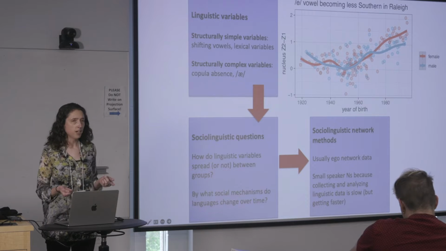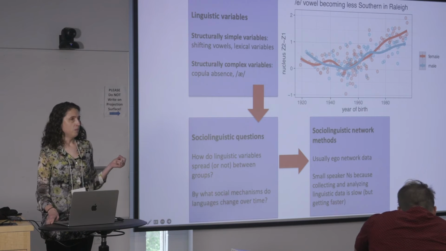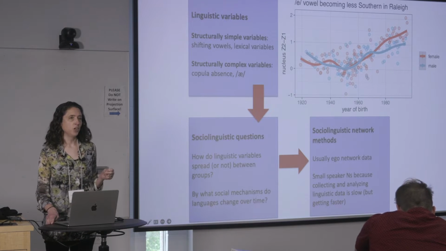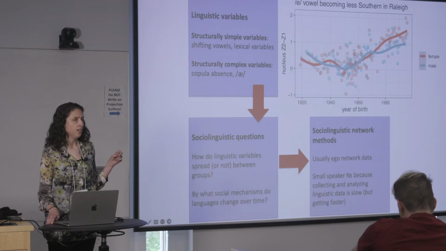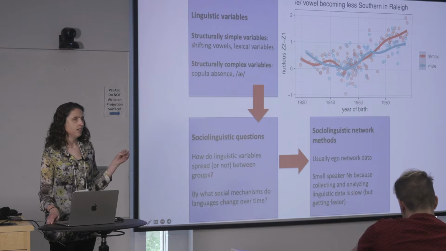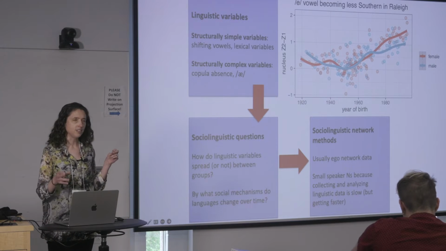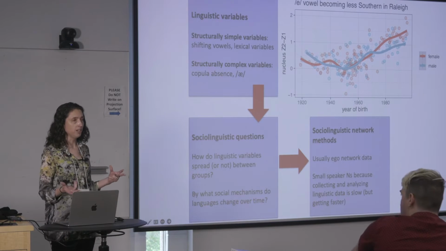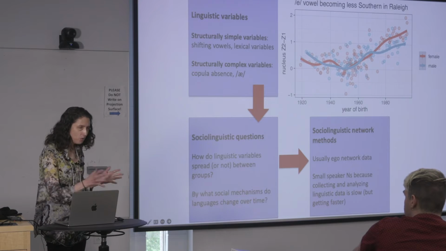Anyway, some lexical variables are pretty complex. So a good example of that is the word like. So like has undergone what we call functional expansion, and it gets used in all kinds of interesting syntactic ways, but those are well defined, and it's remarkably, mind-blowingly complex. I can say more about that if you want.